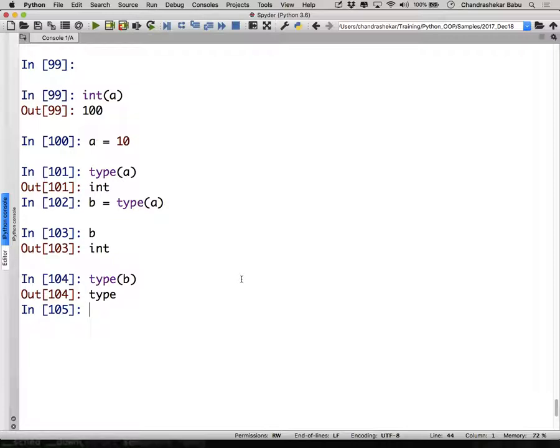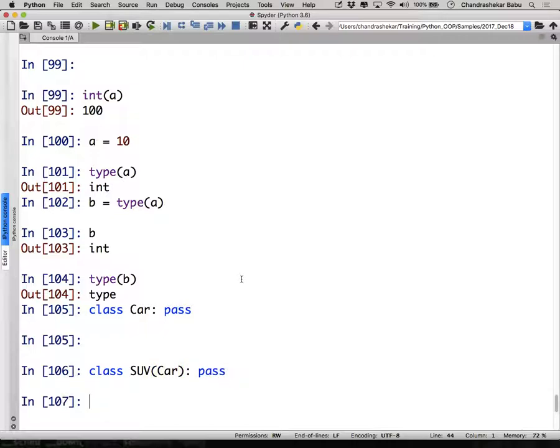Type is a metaclass for int, float, string. Your class, for example, I'll create my class. I say class Car: pass, an empty class. I'll create a subclass also, class SUV(Car). This is how we create a subclass. What I'm trying to say is that this SUV is inheriting the Car class, right?